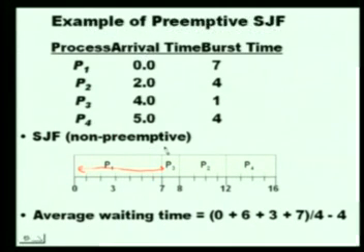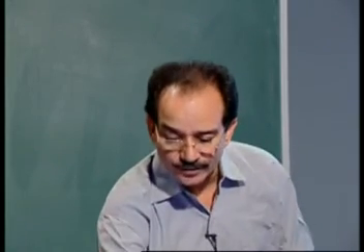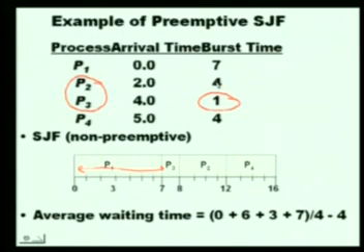Maybe it is P2 and P3. At that particular moment we will compare which is the shortest out of those. Since it requires only 1 unit of time, we will be taking this particular job into the CPU, and then the next job that starts is P2